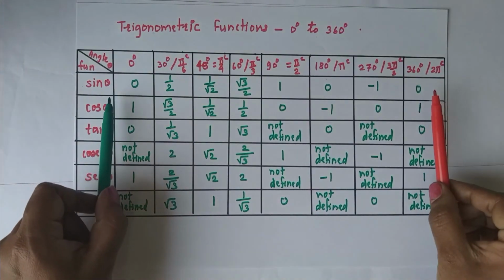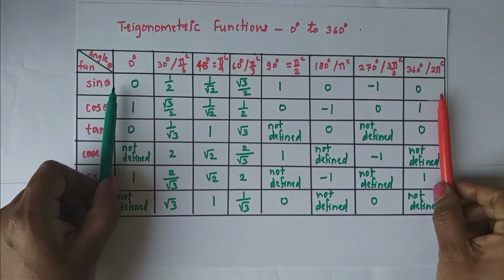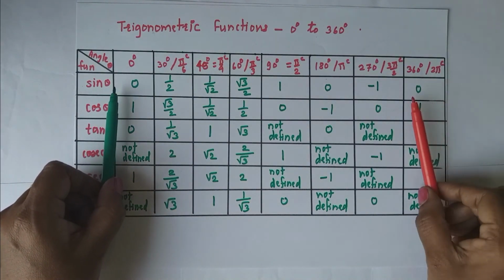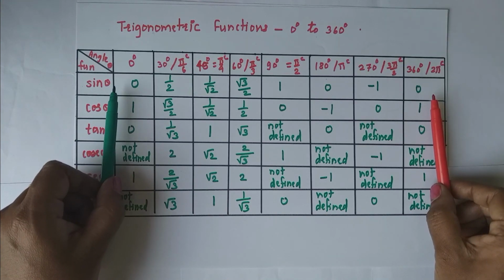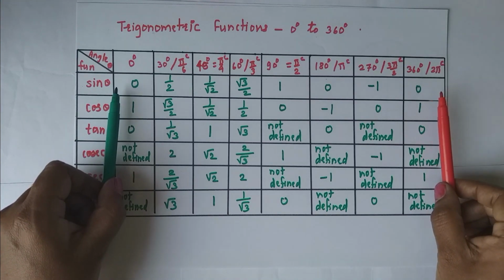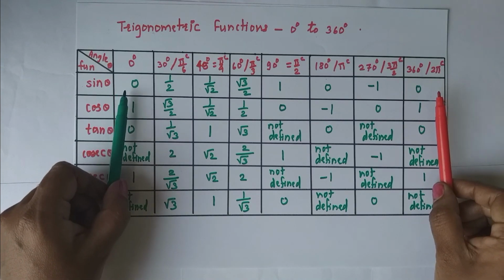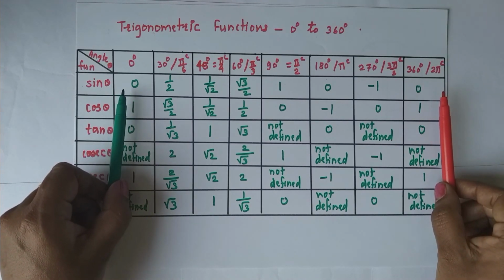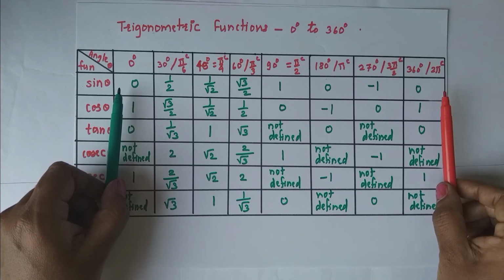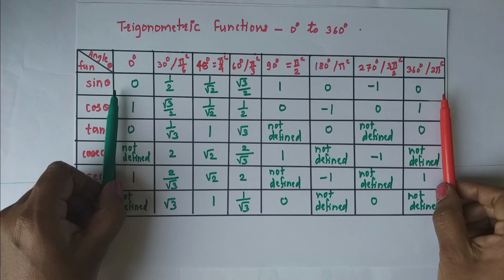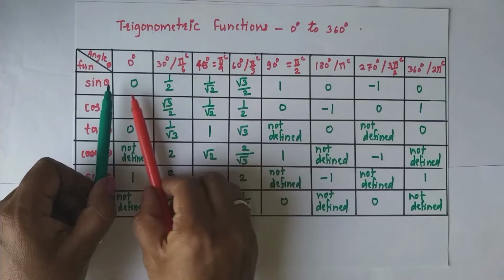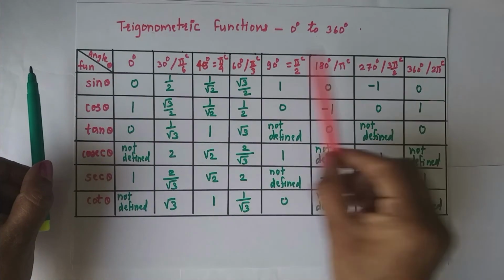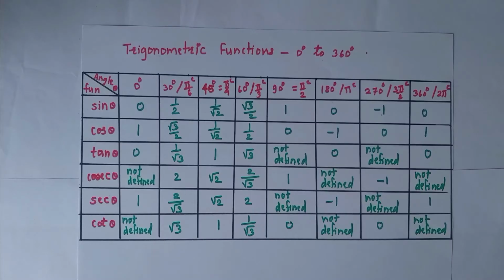And value of 0 and 360 are same, because these are coterminal angles. After one complete rotation, terminal point of P comes at the positive direction of x-axis. Therefore, 0 degree and 360 degree have same initial and terminal arms. Therefore, these are coterminal angles. Therefore, value of 0 and 360 degree are same. Okay. In this way, you only remember these 5 values and you will get all this table. If you remember this table, then it is very easy to solve the problems on trigonometric functions.